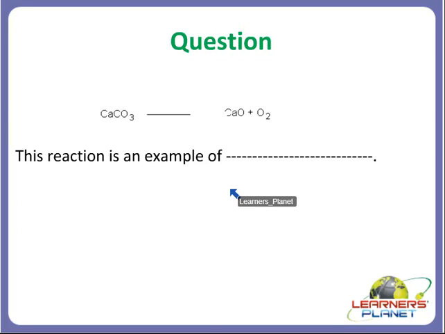What you are finding here is that there is one intact molecule, that is CaCO3, calcium carbonate. It is being broken down into two small particles. So what type of reaction would it be? It would be a decomposition reaction. Getting my point? So it is a decomposition